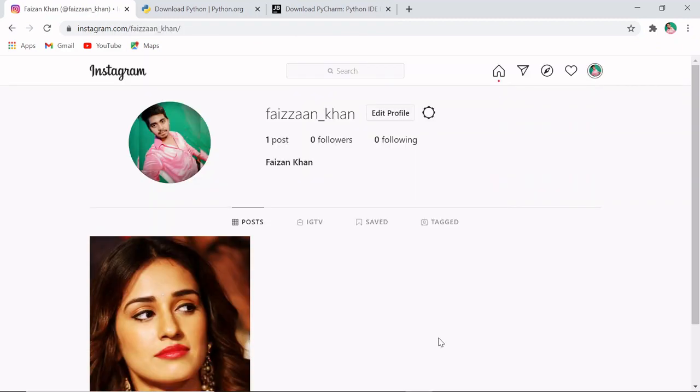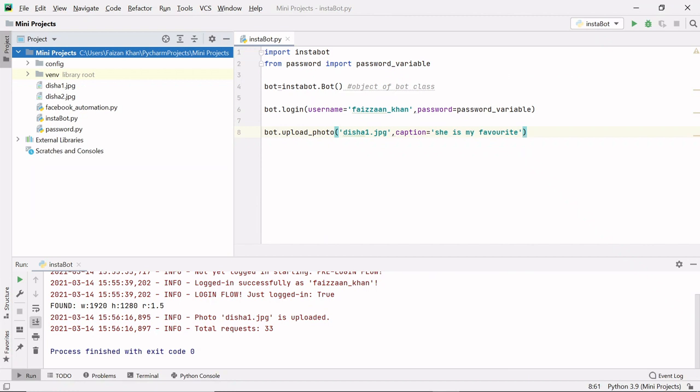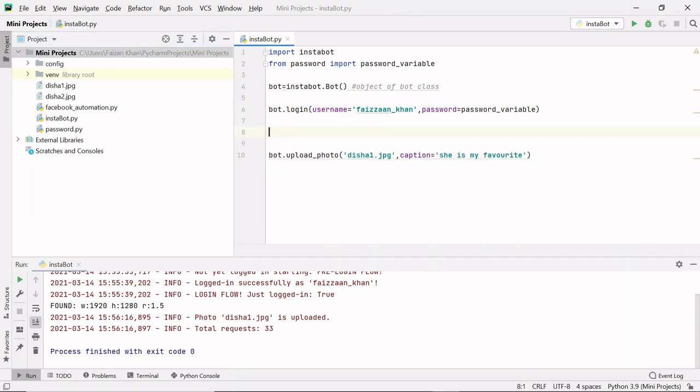Okay, now what if you want to upload multiple images? For that, just open your PyCharm. Here what you can do is create a dictionary. So I will create a dictionary, and here I can mention the image's name. For example, disha2.jpg, and then a colon, I can mention the caption. What will be the caption? She is very beautiful,